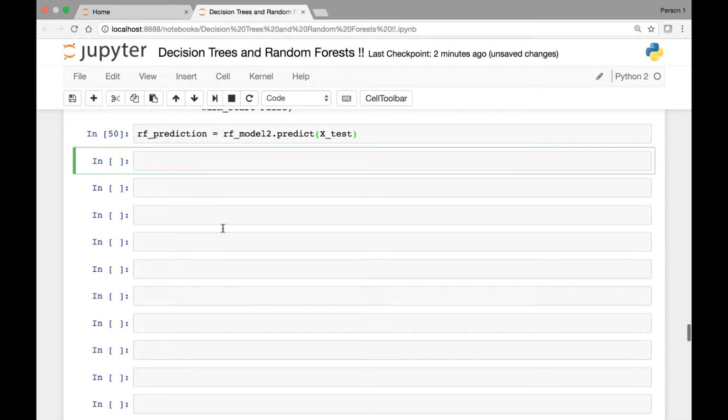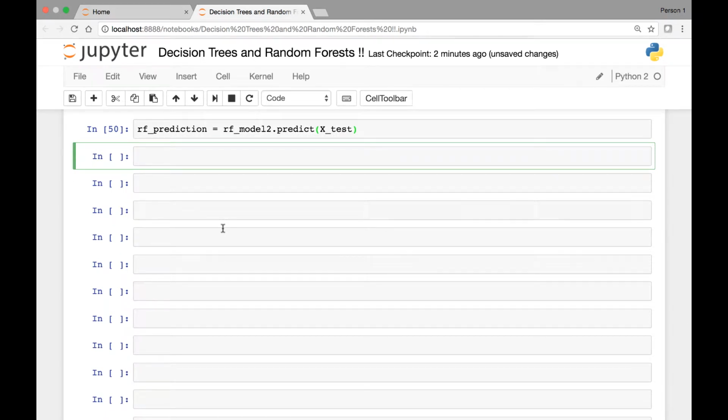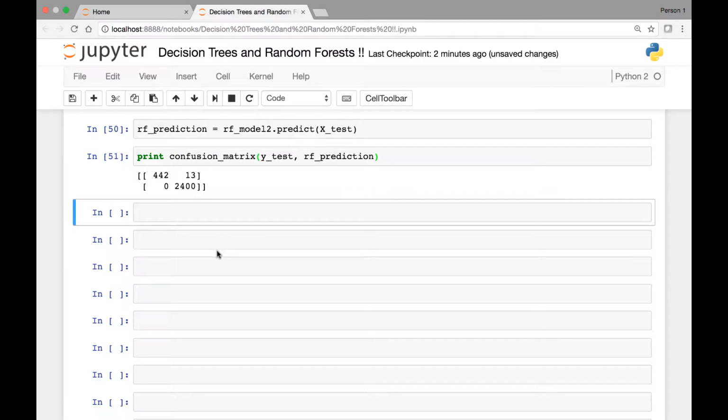Now we can make some evaluations by calling the confusion matrix and classification reports. So let's print them out. Let's start by printing the confusion matrix. We'll pass our y_test and random forest prediction that we just calculated. Run this, and next let's print out the classification report, and we'll pass again our y_test and random forest prediction. Okay,